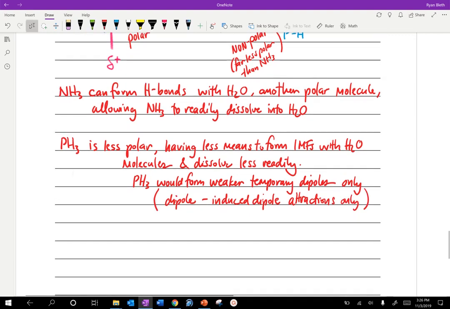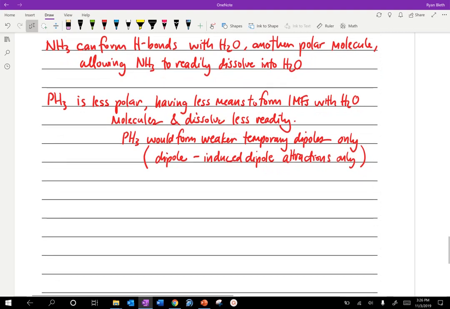Okay. How does a temporary or induced dipole work? One more quick look at that. If we have a water molecule with H2O like so, and we know that we typically like to label this end as our negative because oxygen is so much more electronegative, and this is our positive end. What happened essentially then is that PH3, being a rather nonpolar molecule, would come near a water molecule as water is working to dissolve it. And this polarity within the water molecule would induce a temporary polarity within the PH3 molecule as well. So if we imagine a PH3, I'll just turn it on its side a little bit. If we have a PH3 like so,